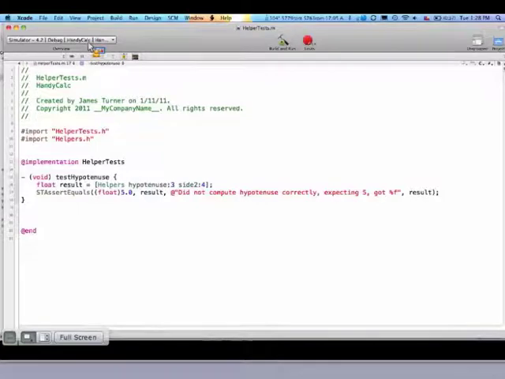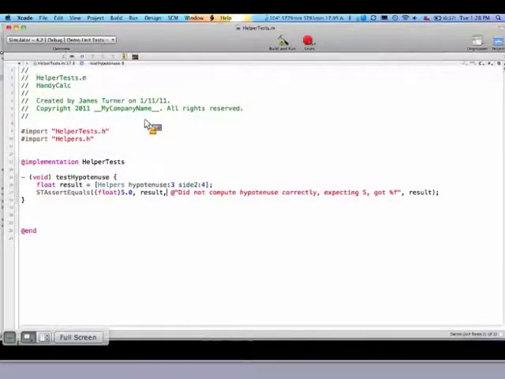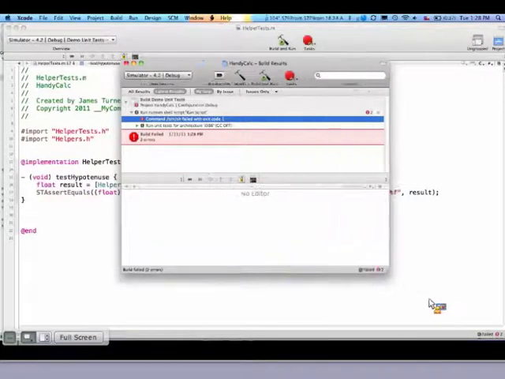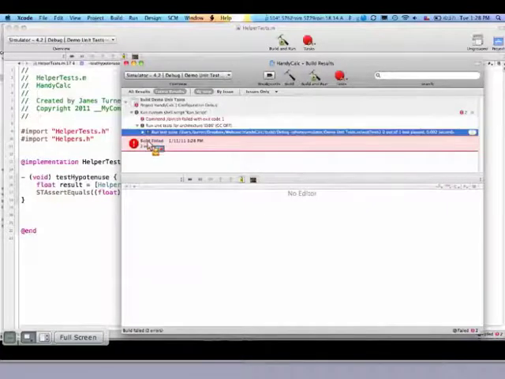So now that this is in place here, I can go and make sure that my target is the unit test, and I can build it just using good old Command-B. And you'll notice it's hard to read, but it said build failed, 2 errors. And if I go down here and click on this to see it, here's where it gets a little boring, because you have to walk down through this whole structure to find out what the error is. But if I go down through all of this,